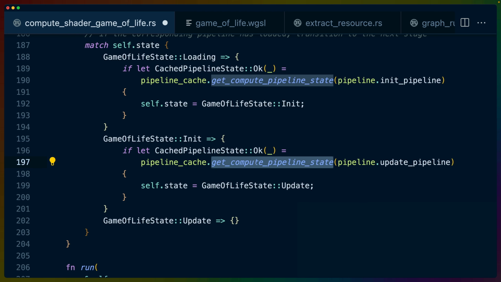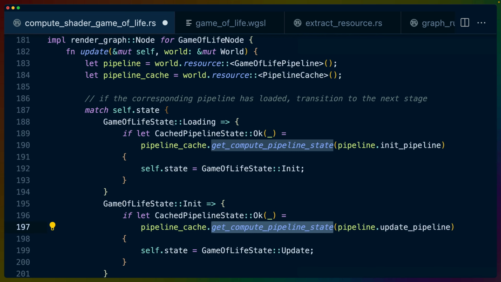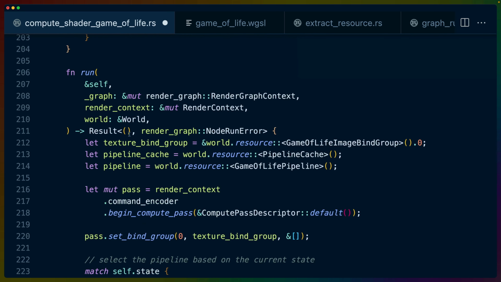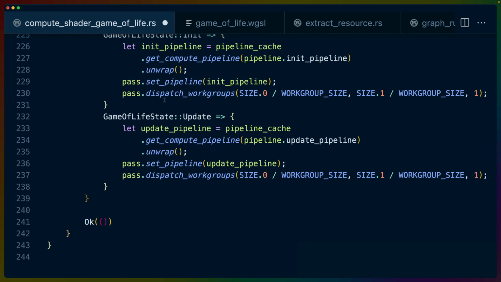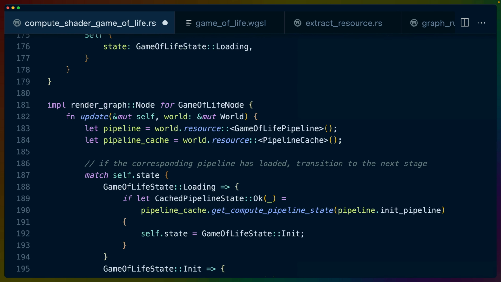Pipeline cache, get compute pipeline state. So this is the interesting part. And this is the render graph update, and then the render graph run. I don't know what the relationship between update and run are, but presumably one runs at one point and one runs at another point. So in the run function for our node, which is the game of life node, we